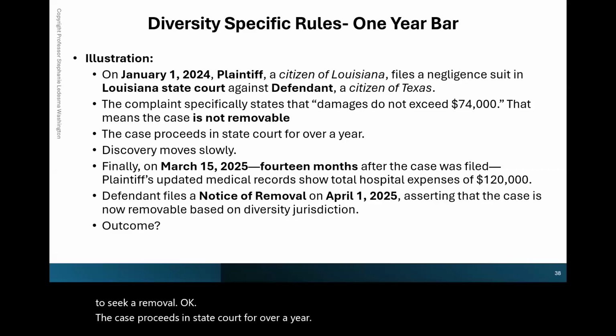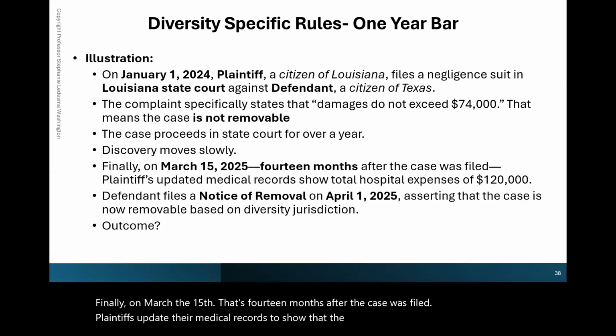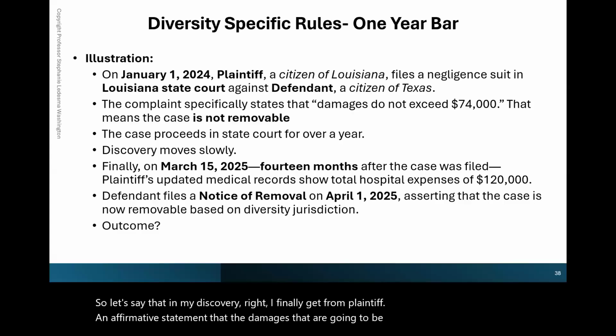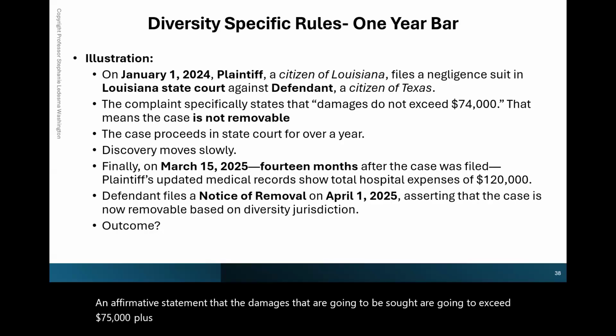Discovery moves slowly for whatever reason. Finally, on March the 15th, that's 14 months after the case was filed, plaintiffs update their medical records to show that the hospital expenses are now $120,000. So let's say that in my discovery, right, I finally get from plaintiff an affirmative statement that the damages that are going to be sought are going to exceed $75,000 plus fees and costs. Oh,